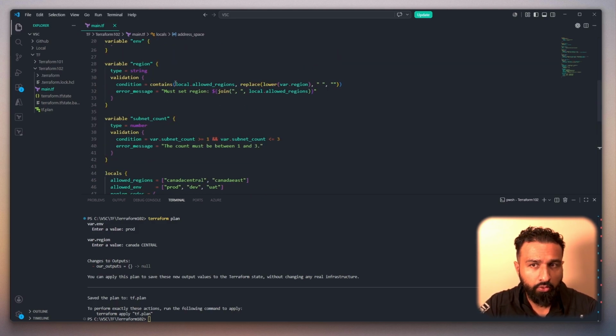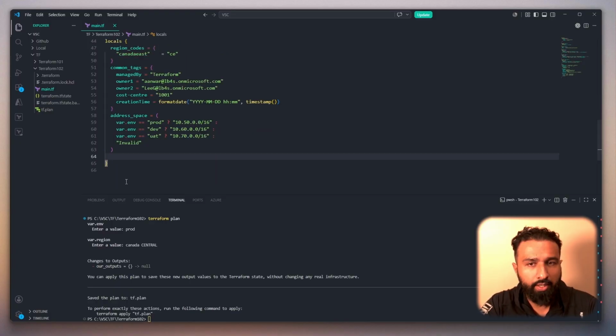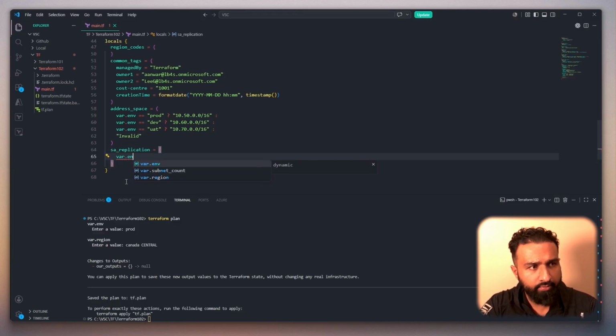Earlier, I showed you locals being used inside a variable block. Now I'm showing the reverse, where a variable is being used inside a local. Let's look at another example. Maybe we have a storage account coming up, and it's the SA replication equals, same thing, var.env equals dev, or